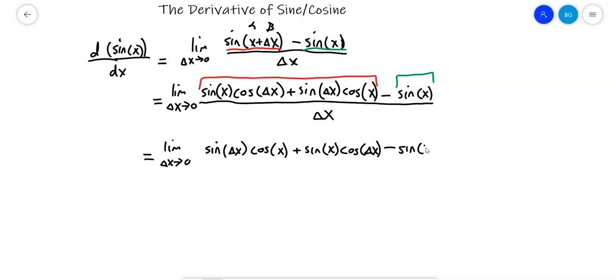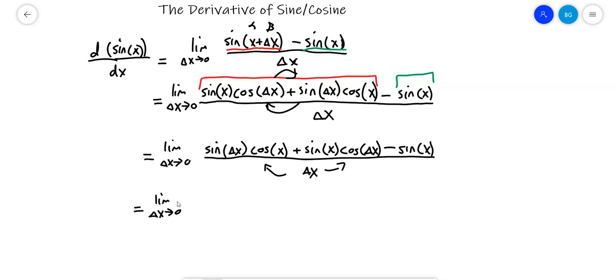So there we go. All I've done is flip-flop these two terms, and I still need to put that over delta x. Okay, so now we have a monomial divisor in our denominator. So let's do what we often do, and that's split that monomial divisor. I'm going to put the monomial divisor under that term and also under those two terms. And so I'm going to have the sine of delta x cosine x